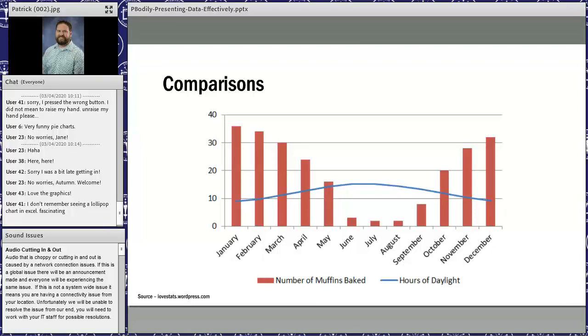This is the perfect way to do a comparison, where you can do a bar chart for something and a line chart. I will say, if you're going to do a comparison, make sure that you're able to keep the left side, the key points, the same. You don't want to have different numbers and different axes that can skew the story you're trying to tell.